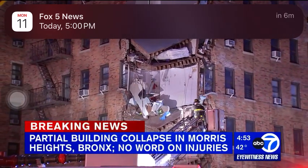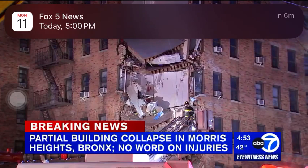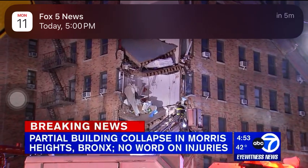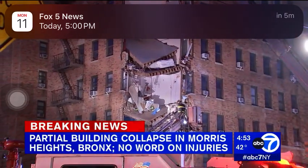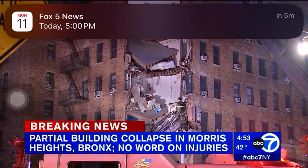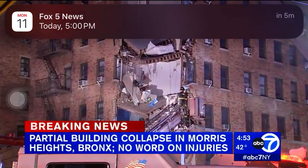What you're seeing, Liz and David, is more than what I can see from this perspective, at least for what's on the ground. I've got fire trucks that are kind of blocking my view. I can see, let's see, from the top down, 6, 5, 4. I can see from the 3rd floor up. And yeah, I'm looking at the same thing you are up there. And yes, those were apartments that you can, I see a bed on the, 6, 5, 4th floor with the